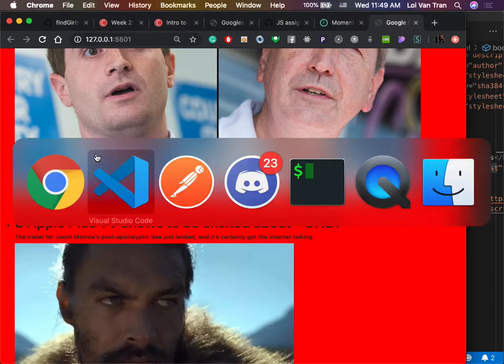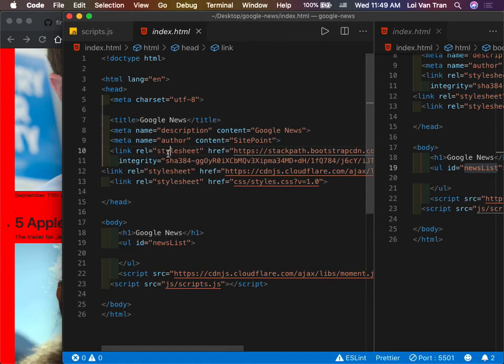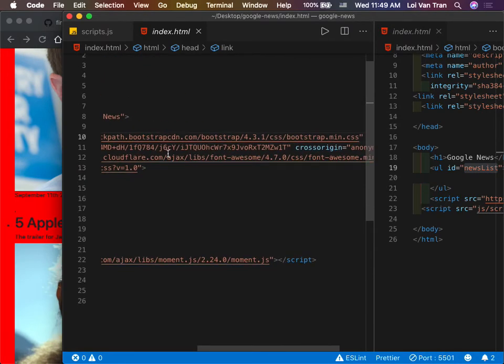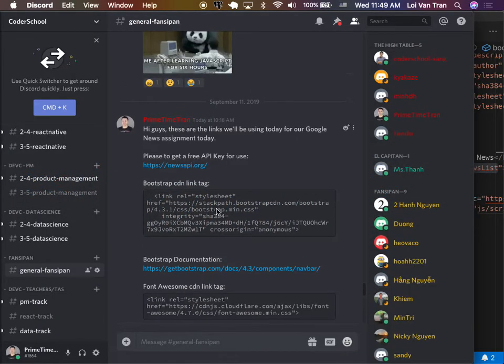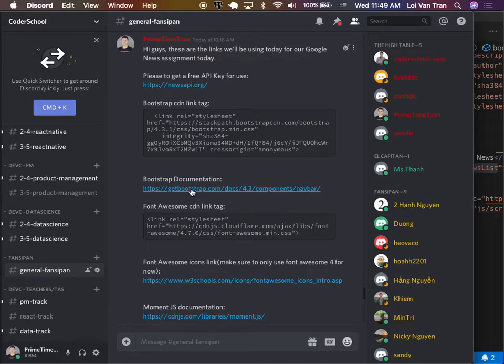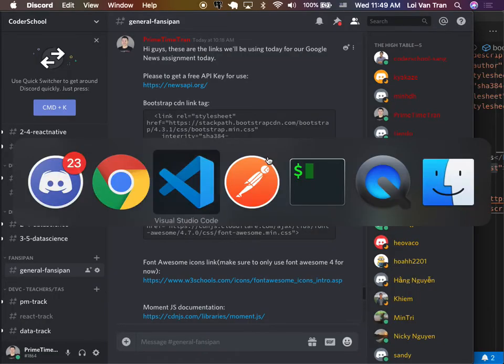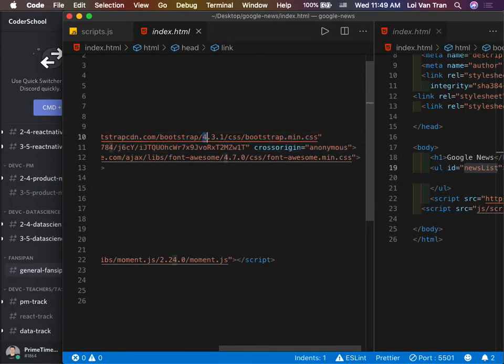Let me show you one more thing. Okay, I forgot to show you this. You know how a second ago I said we imported Bootstrap? Let's go ahead and use Bootstrap, okay? If you open up Discord, you can see that I linked you to the documentation. What's really important to think about right now is that there are many different versions of Bootstrap. In this case, we're using version